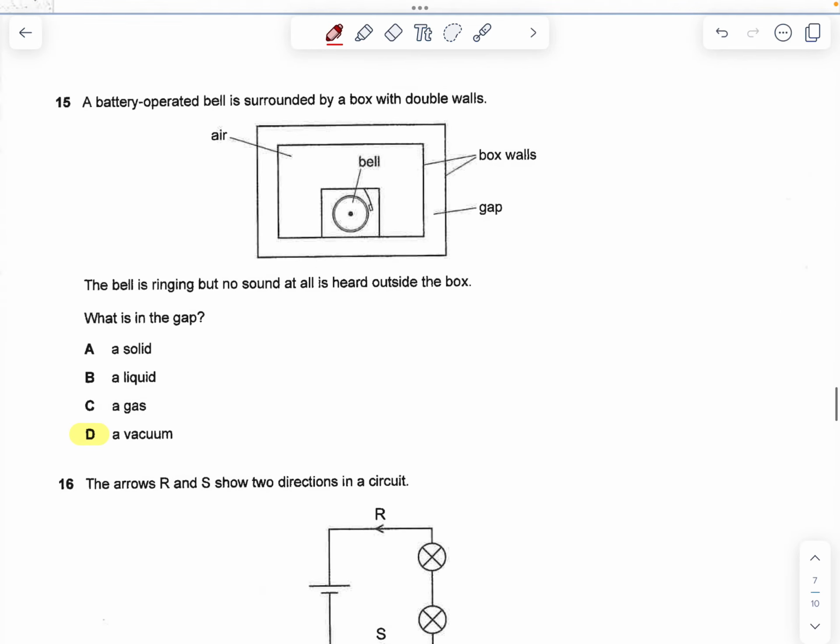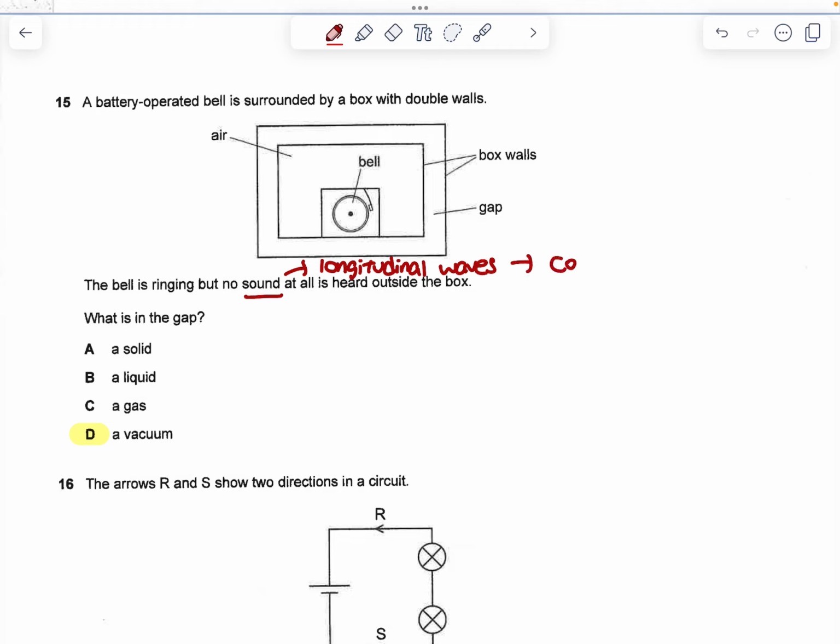Question 15. A battery-operated bell is surrounded by a box with double walls. The bell is ringing, but no sound at all is heard outside the box. Because why? Sound is a longitudinal wave. And a longitudinal wave consists of